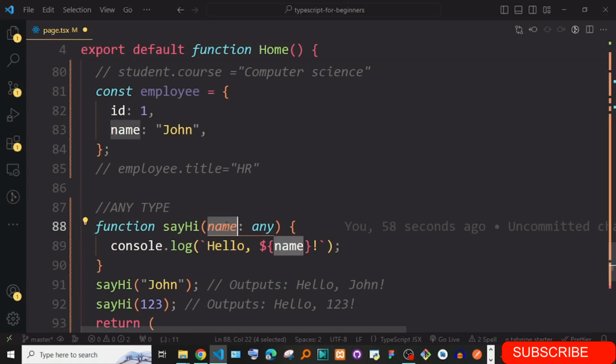Now you may think at first that this is good, because if you write any, everything will go and you have peace. But actually this is now just normal JavaScript. If you are writing any, there was basically no need for you to go to TypeScript, because TypeScript is there to force us to be disciplined and give the values, or give the types. Now in some scenarios, for sure, you cannot be sure of the variables. I have found myself in many scenarios, and in the future we might use any.